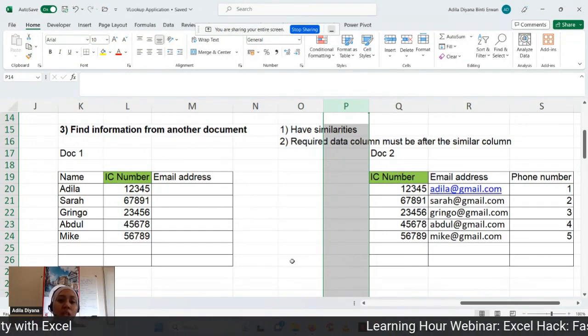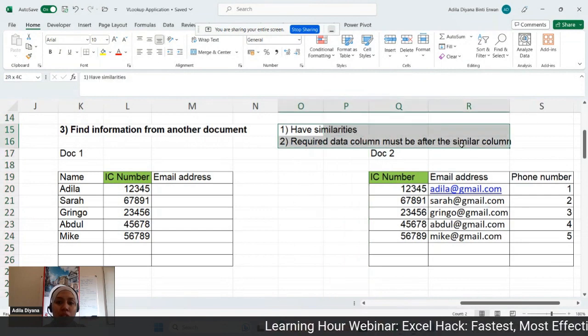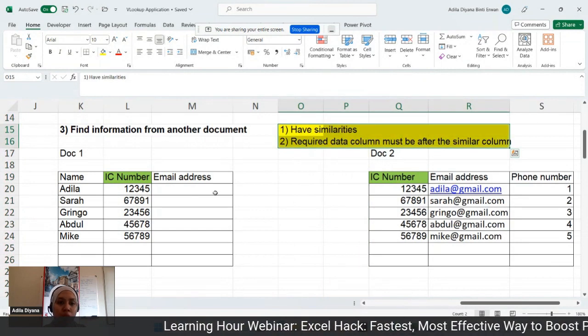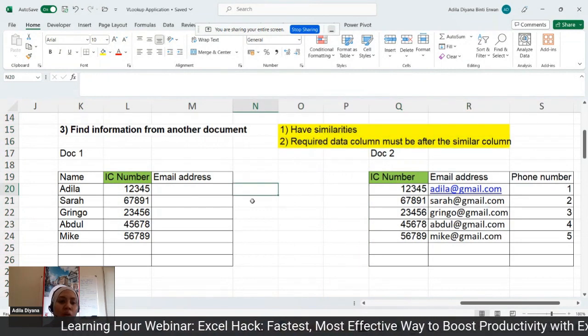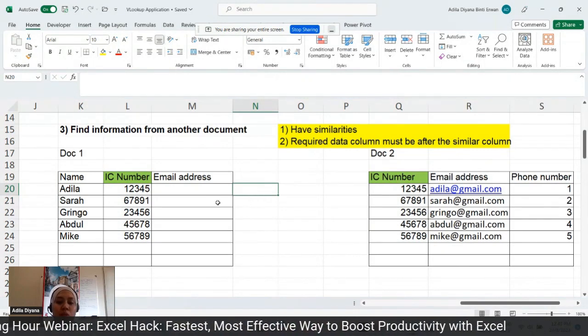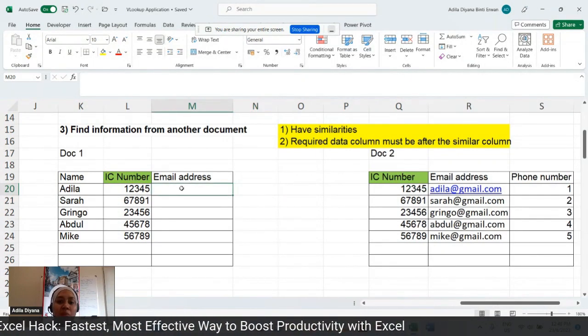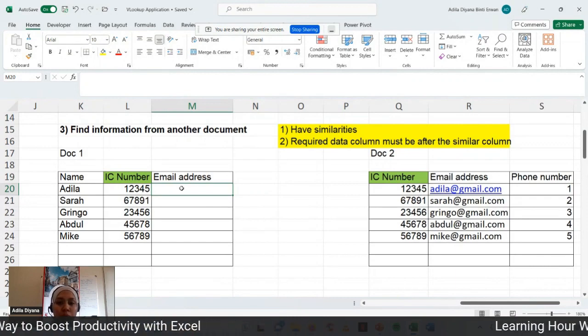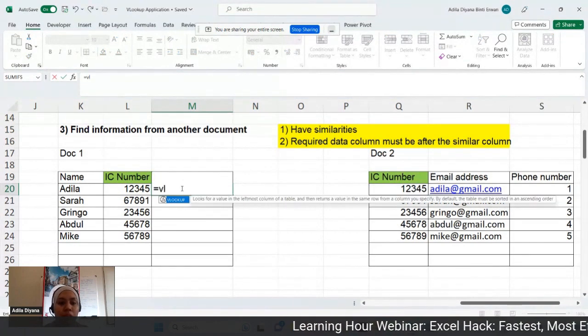Only then VLOOKUP will work, right? So remember these two conditions here, okay? Now I will show you how we can apply VLOOKUP to easily find the email address, by doing a VLOOKUP from document 1 to document 2, all right? So here, let's start off with equal to